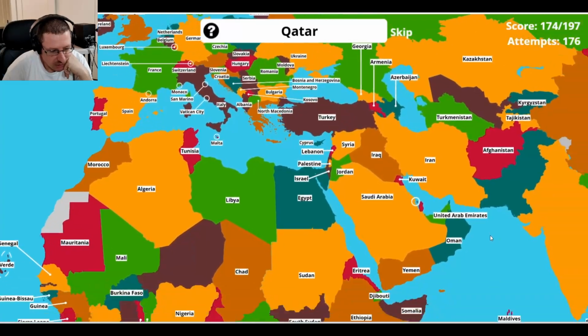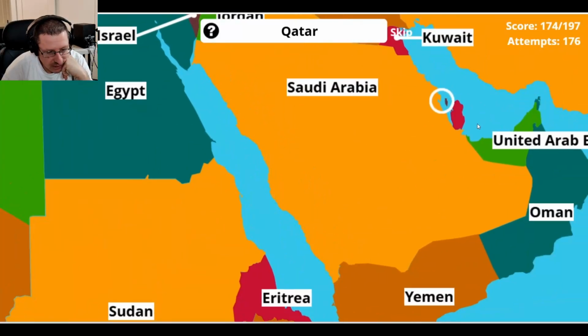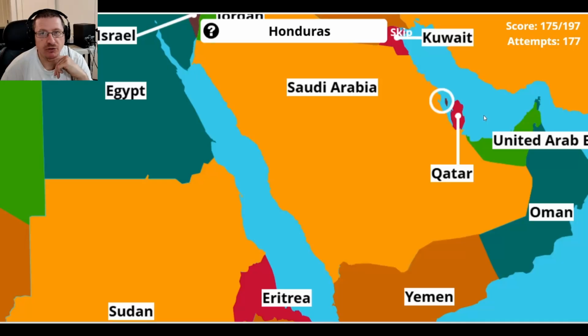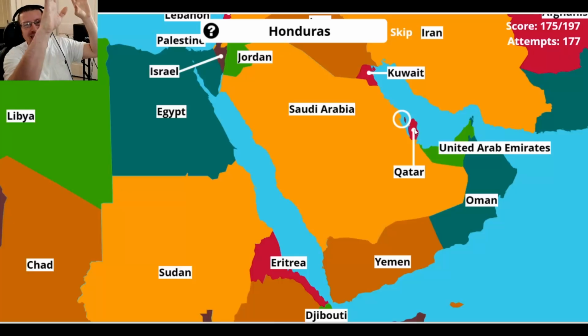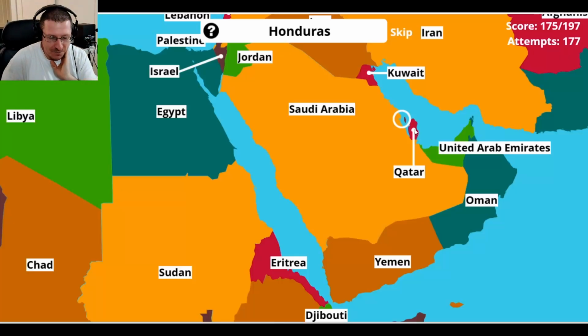Qatar. Qatar is right here. A couple things. It's the only country in the world that starts with a Q. And Qatar has the world's tallest water slide, which is funny because Yemen is one of the most water-deprived countries, and just a hop, skip, and a jump away is Qatar. What are they doing with the world's tallest water slide? Oh, sorry, Yemen, you don't have any water? That sucks. Whee! And they slide. Maybe it's salt water. I don't know.